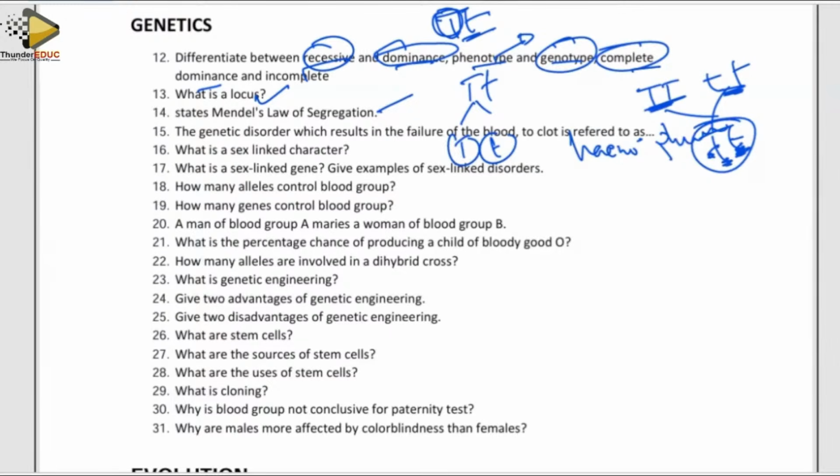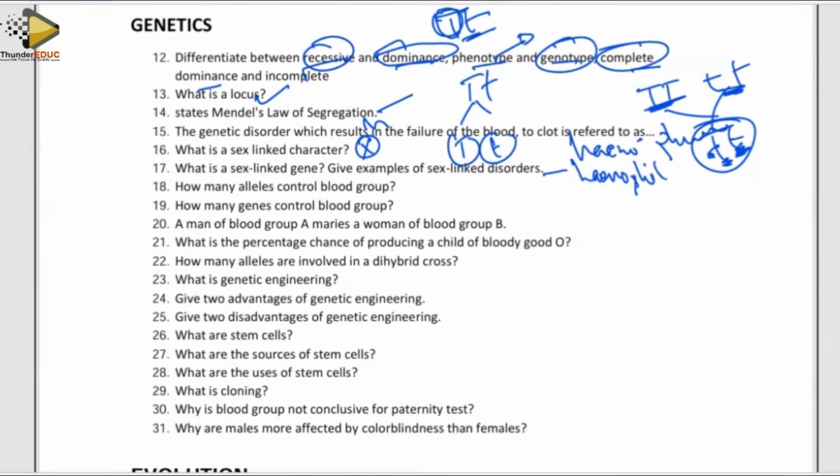Hemophilia. What is a sex-linked character? It is a character whose genes are carried on the X chromosome or sex chromosomes. They are carried on top of the X chromosome. What is a sex-linked gene? It is a gene which is carried on the X chromosome. An example of a sex-linked disorder, you can talk about